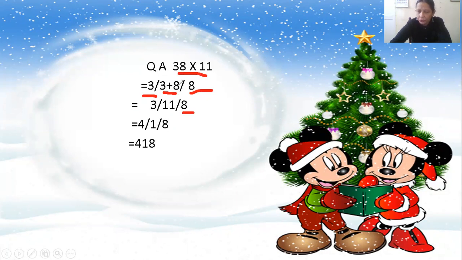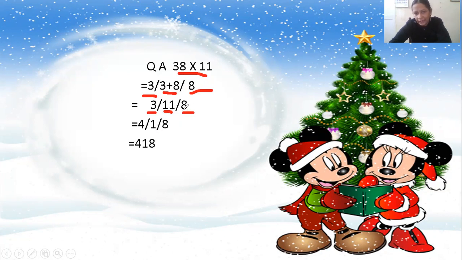8 plus 3, you know, is 11. So you first write down this 11 here because this is a 2-digit number. Then put a slash, then write down the first number 3 as it is. Now you see 11 is a 2-digit number. You can't keep a 2-digit number here. What can you do? You can keep only the unit digit. What is the unit digit here? Unit digit is this 1.